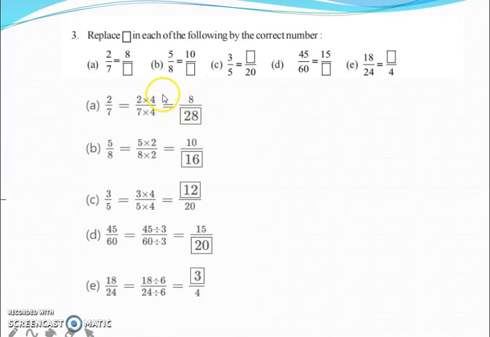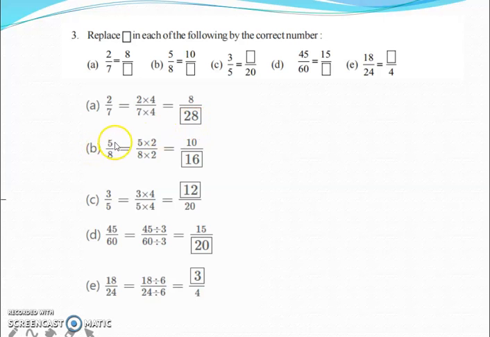So already you know very well about fractions, I already told you: the numerator, by which number we are multiplying, the denominator also we have to multiply by the same number. So up and down we have to multiply by 4 here. So 7 fours are 28. So in the first one A1, the box answer, the denominator, is 28.